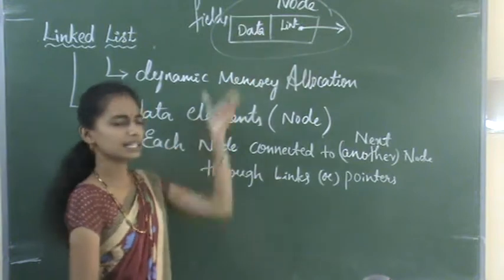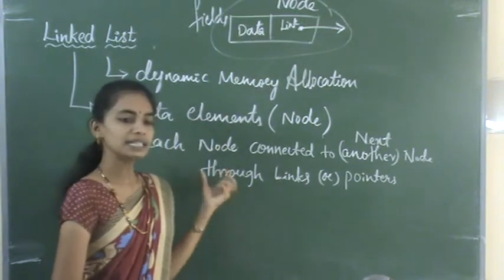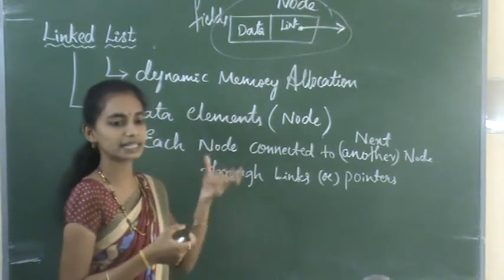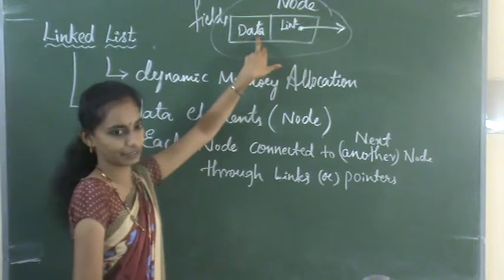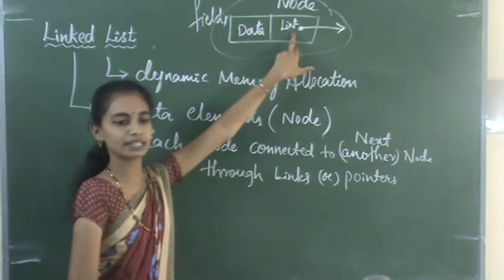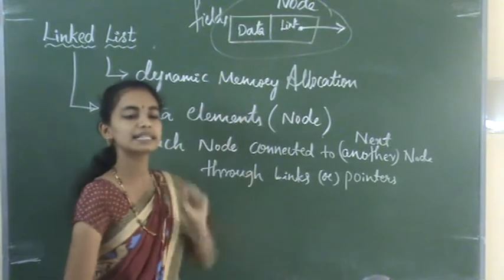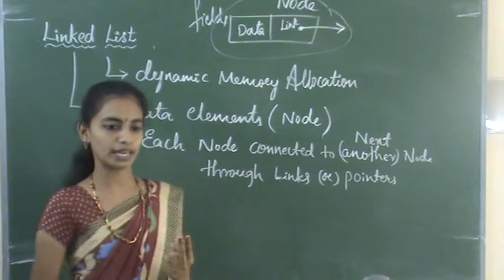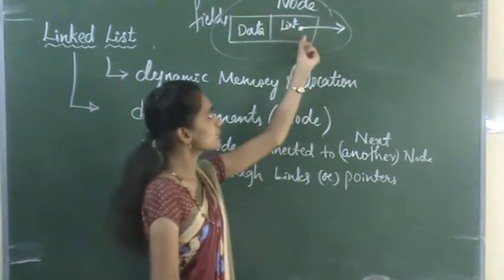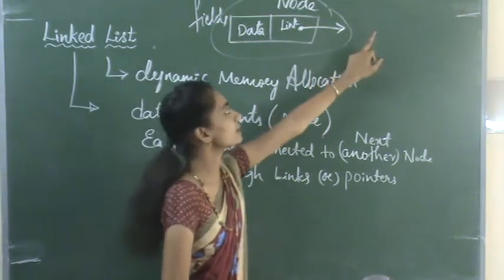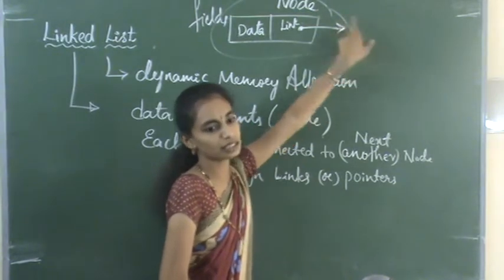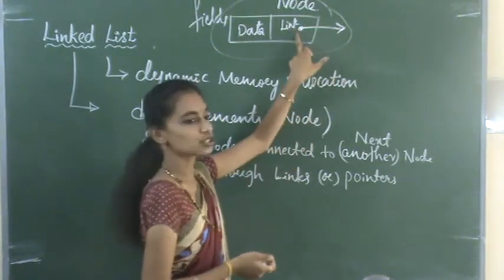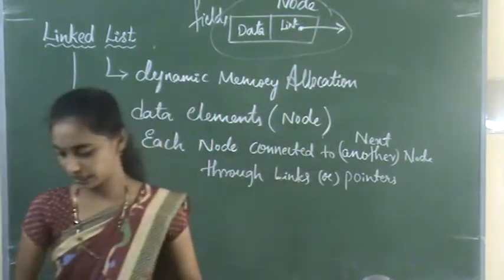The data field contains the item of that data, okay? Whatever we have to store in memory, that data will be present in that data field. The next one is the link field, right? This link field contains the address of the next element. Suppose we have two elements, then this link field contains the address of the second element, where exactly that second element is present. That address will be stored in this link field, okay?